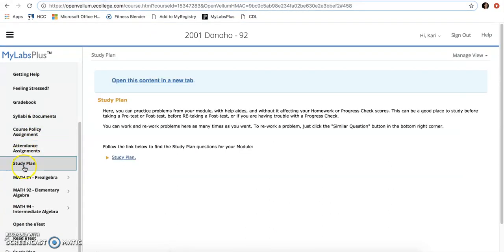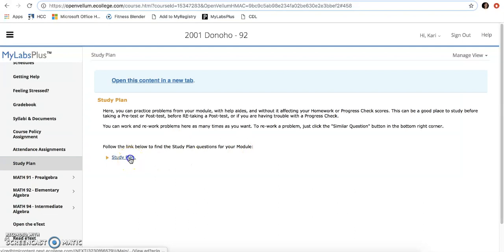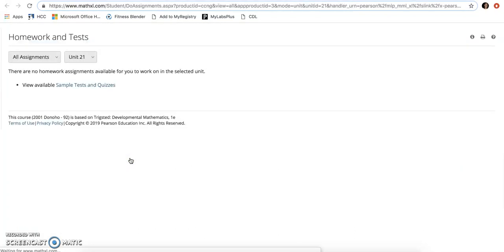This next tab I want to look at is called the study plan. The study plan is basically a collection of, and again, we can't see it until the semester actually opens, but it's a collection of every problem in every module for the entire course, where you can just go in and practice it. But it's not on a homework assignment or on a test. So if you're having trouble with a specific problem on a test, you can always go here to the study plan, look up that problem, and practice it here over and over again